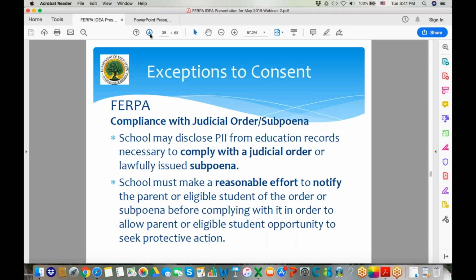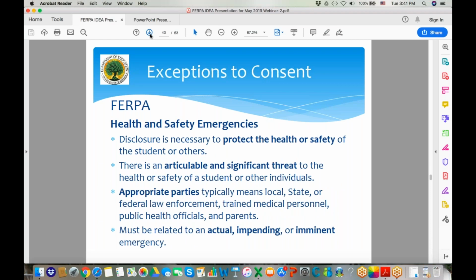So let's go to the next slide, and we'll talk about the last exception to consent that I'll be discussing. I think this is probably one of our more important, if I were to rank order our exceptions to consent, and that's the health and safety emergencies exception to consent. It really came to the forefront back in '96 with the terrible occurrence that happened at Virginia Tech and that shooting. And since then, unfortunately, we've had numerous other situations where we've had active shooters in school facilities. The health and safety emergency is really an exception to try to mitigate all those situations.